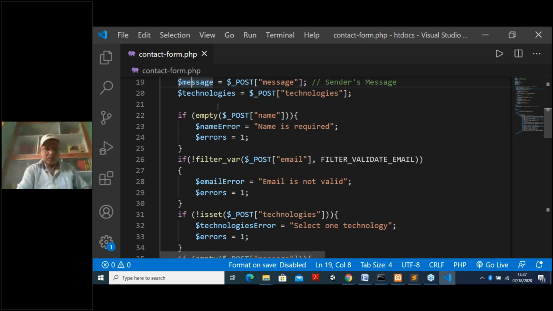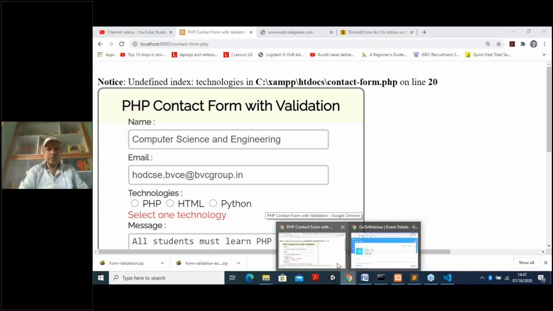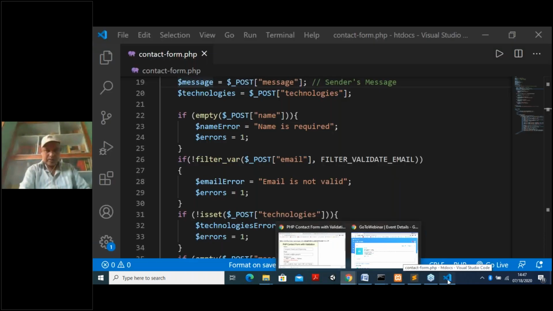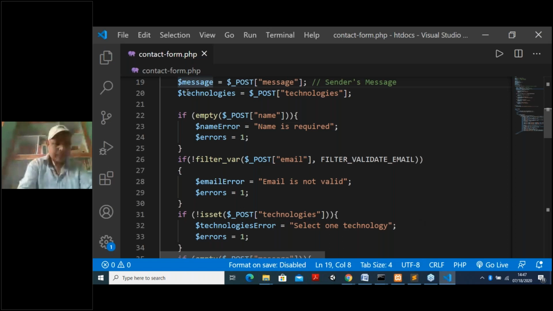Okay. So the error is not there, but maybe some warning it is showing. Don't worry about that. So what exactly is the error it is showing? Undefined index technology. Oh, there is a comment. Okay, this is just a warning. So before this dollar sign, you have to use some sign. Put it.